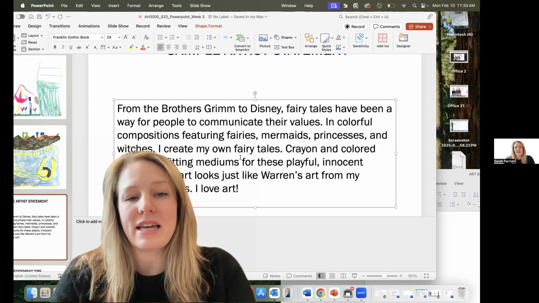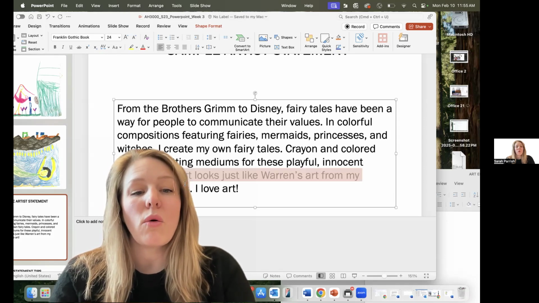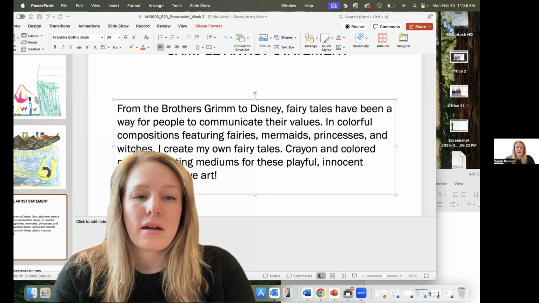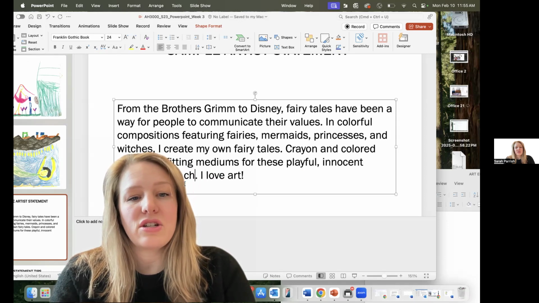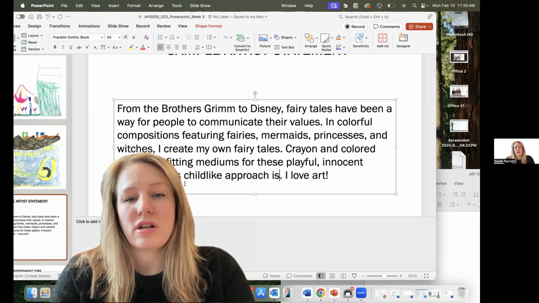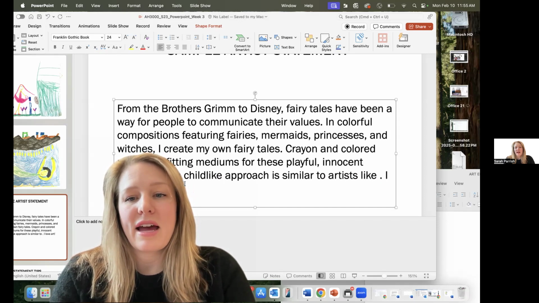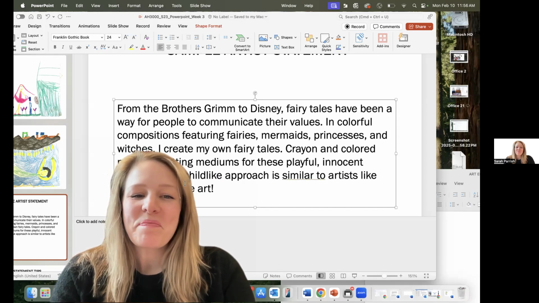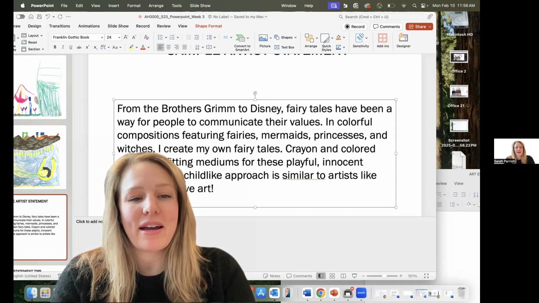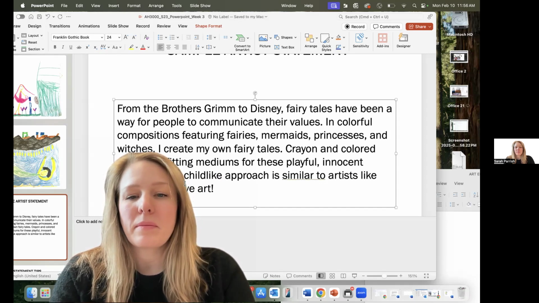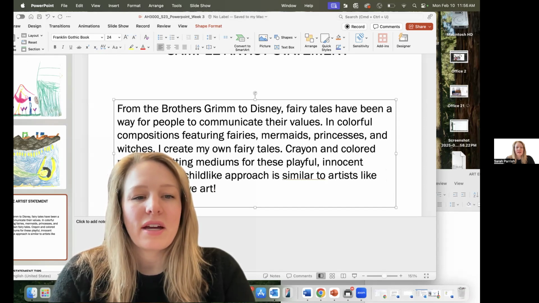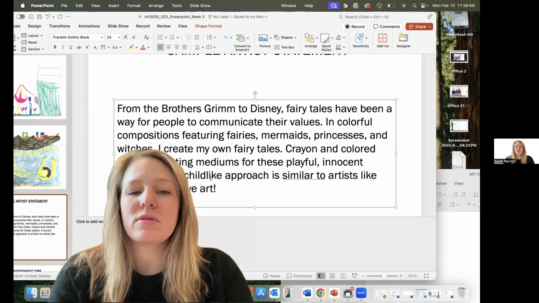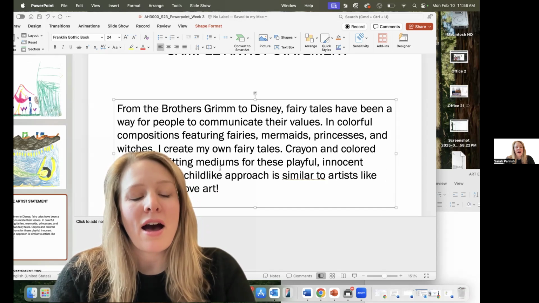But you could say something like this, that her art looks like Warren's art from a preschool class. Or we could say, this childlike approach is similar to artists like, we could say someone like Vasily Kandinsky. Not sure if I'm spelling that right. Like Kandinsky, who also was inspired by children's art and play, or Klee. I think I'm thinking of Paul Klee. All right, like Paul Klee. His first name's also easier to spell for me. All right, this childlike approach is similar to artists like Paul Klee,